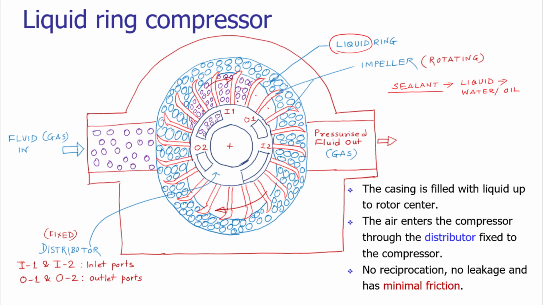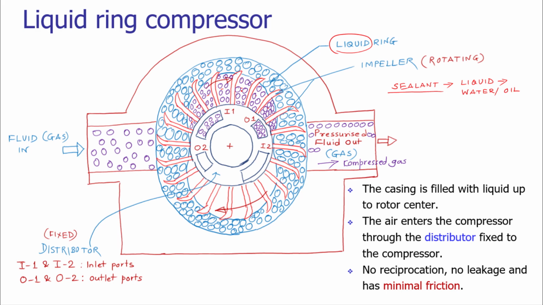The impellers are pushing the fluid, but as they push the fluid further, due to the restriction in the space, the pressure on the fluid increases. You just notice here the pressure is increasing, and due to the increase in pressure, the volume is reduced. This low volume, high pressure fluid will come out from the outlet opening O1, and that will be sent to the pressurized fluid out.